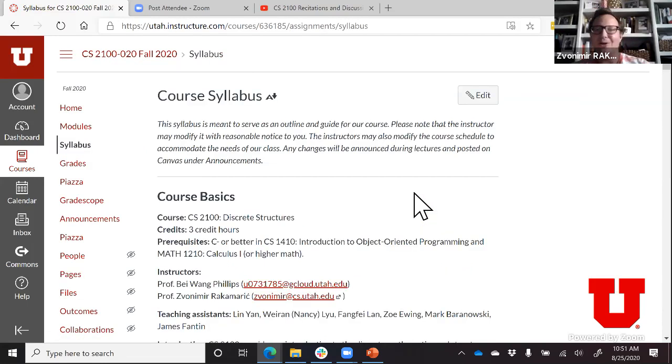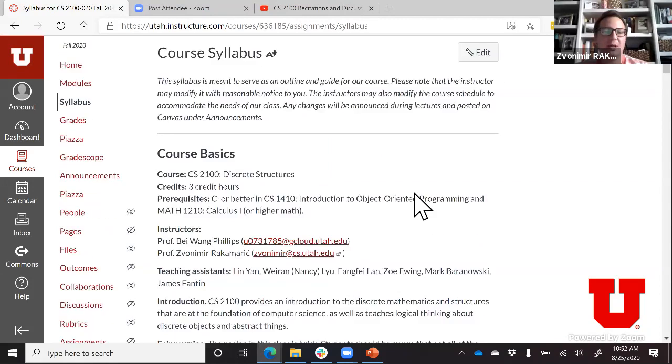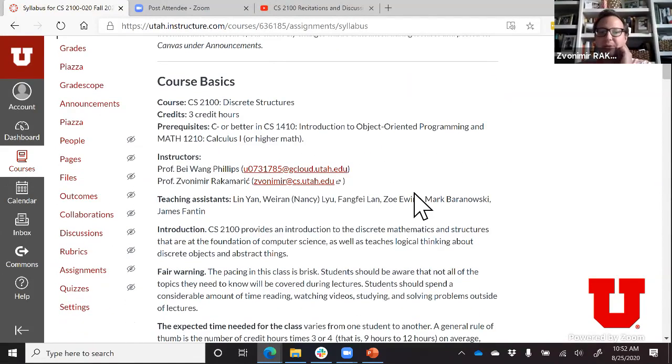So hopefully you all opened the course Canvas page by now. If you haven't, do this as soon as possible, and familiarize yourself with Canvas, where things are. The main thing that you should look for today is the syllabus. So the syllabus describes all the details about the course,